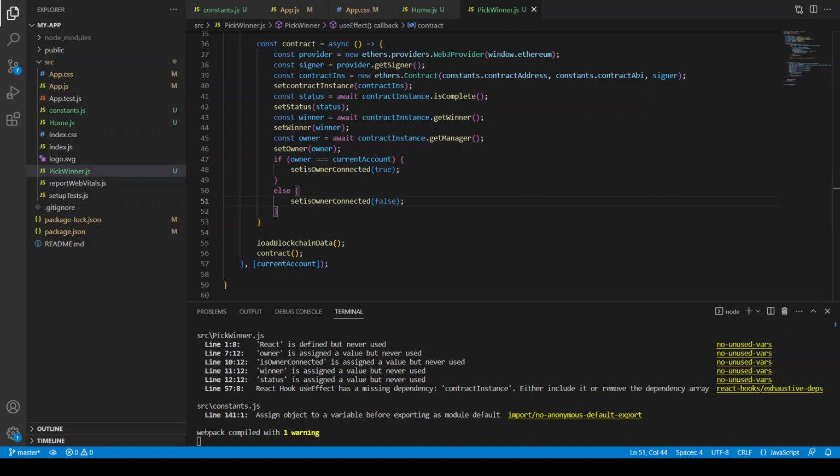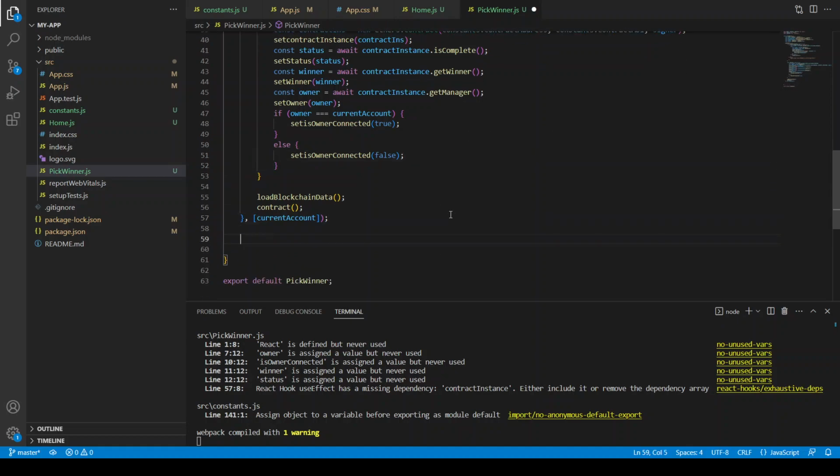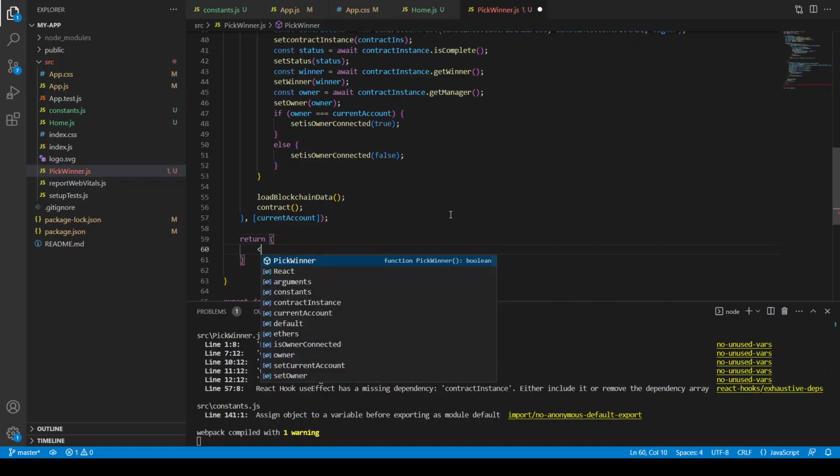So now what we are doing is we are getting the status, we are getting the winner, we are getting the owner, and we are seeing if the current account which is connected is the owner, then we are setting is owner to true. We need this variable to pick the winner, right? So we need to make sure that whenever we click on the pick winner function, first it needs to see if the owner is connected. If the owner is connected, then it allows to click on that button,